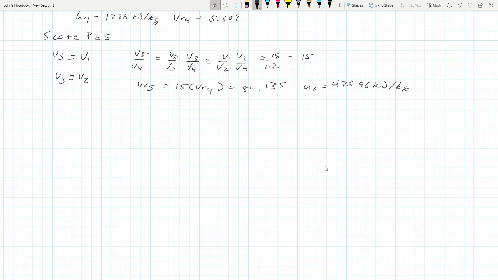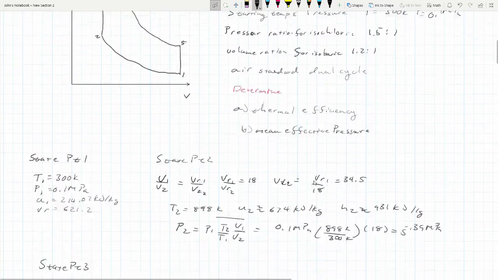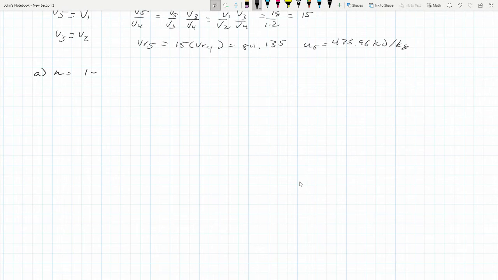So now that we have all the state points analyzed, we can now actually do what the problem wants us to do. Find the thermal efficiency. Well, the thermal efficiency is equal to 1 minus, if you go up here and you rewrite this equation here, 1 minus U5 minus U1 all over U3 minus U2 plus H4 minus H3. Plug everything in, you get the efficiency is equal to 1 minus 475 minus,